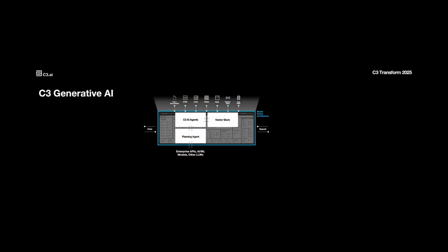So here's a simplified view. Humans ask a question against our system, or we're running pre-configured workflows. Those questions first hit a planning agent. The planning agent then orchestrates one or more C3 AI agents, or agents that you bind to our platform. Those go to vector stores or to data sources, all unified on the C3 AI platform. And this is what gives us deterministic responses, full traceability to ground truth, enterprise access controls at the most granular level. We don't introduce any net new cybersecurity vectors.